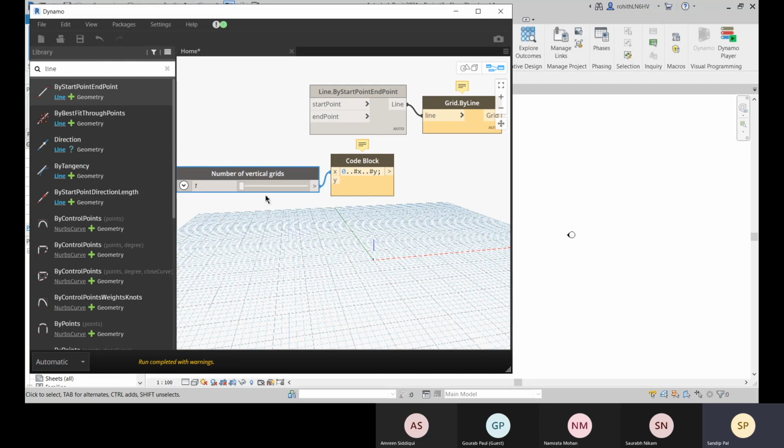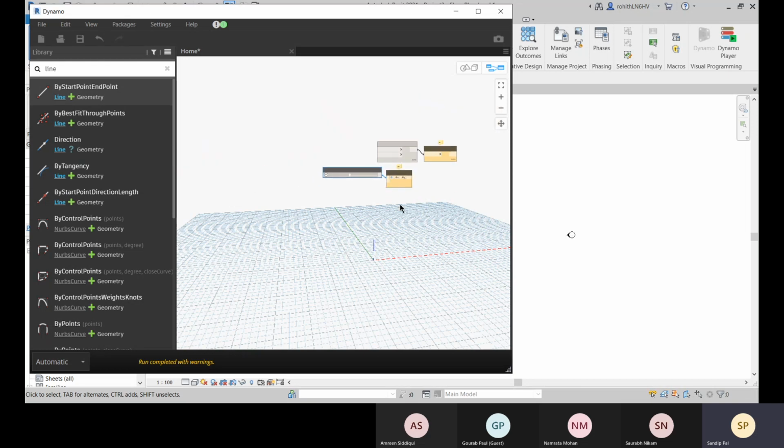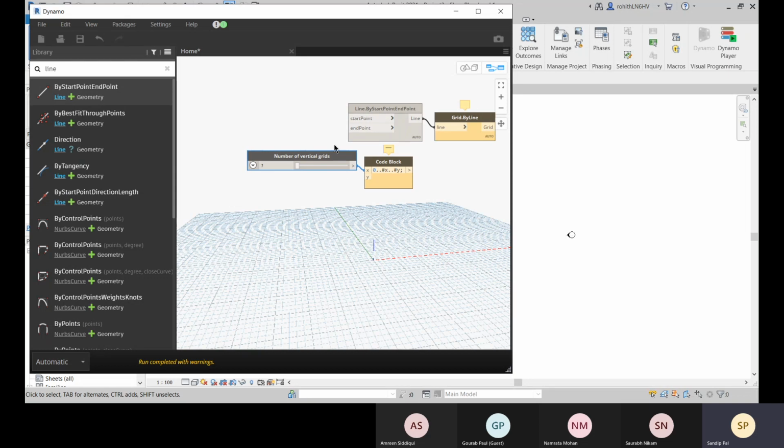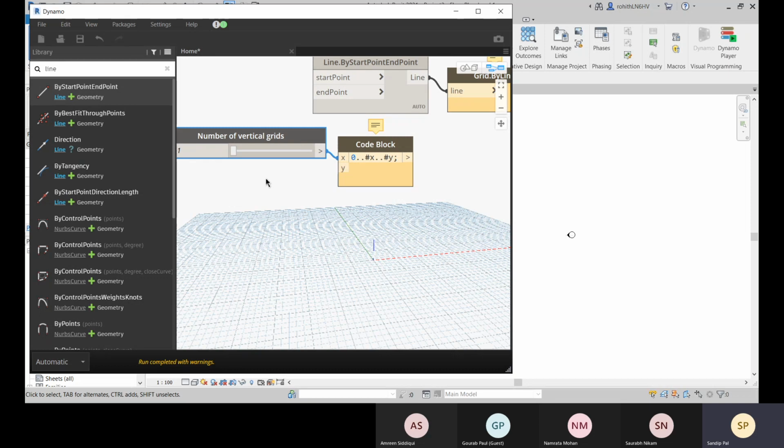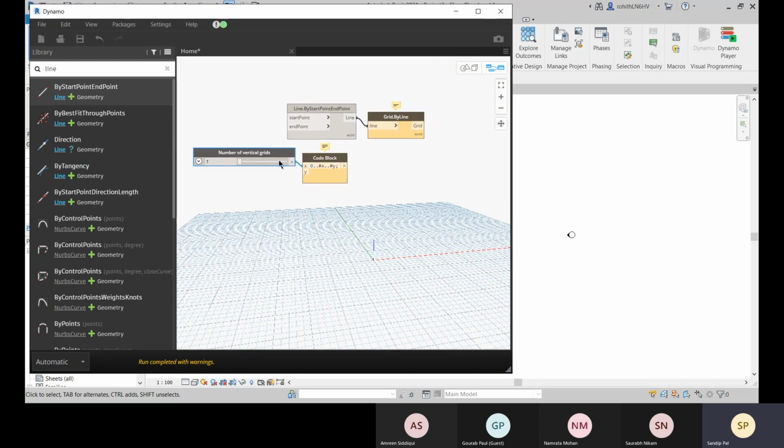You can name it like this. This can be done for each and every one, so that you can easily identify the purpose of this number slider, why you are using it. Suppose you are using so many nodes, it can be really confusing sometimes if you have bigger graphs. So you have to remember why you are using this, or better you go for this name, so you can identify why you are using this number slider.